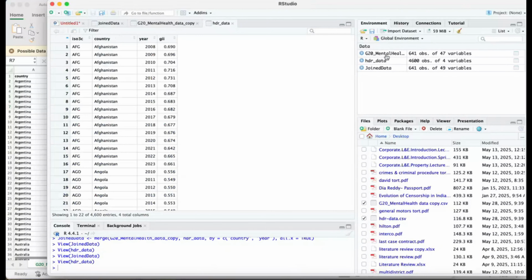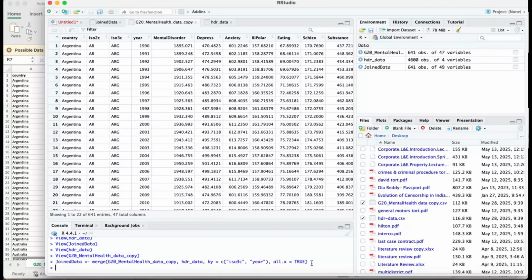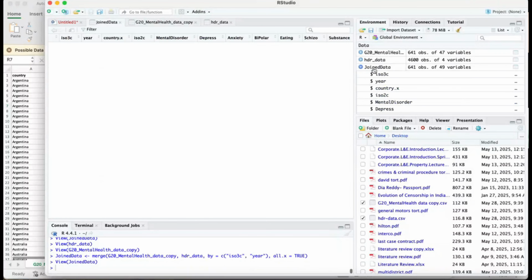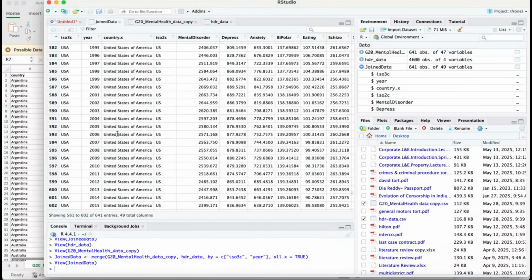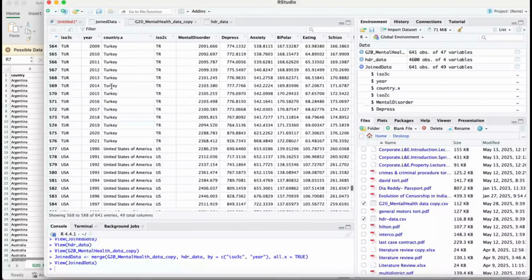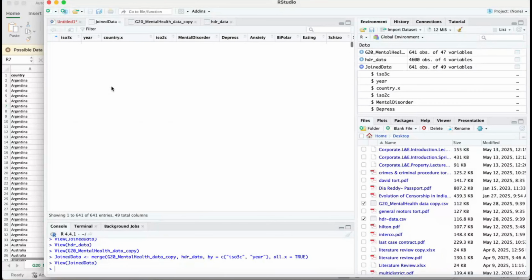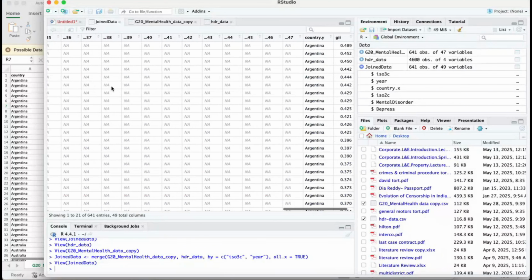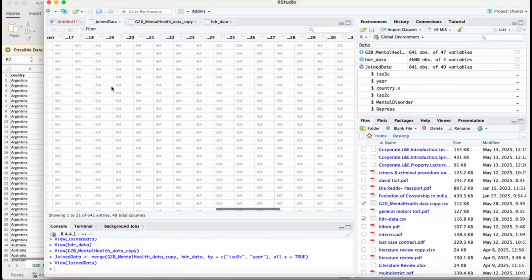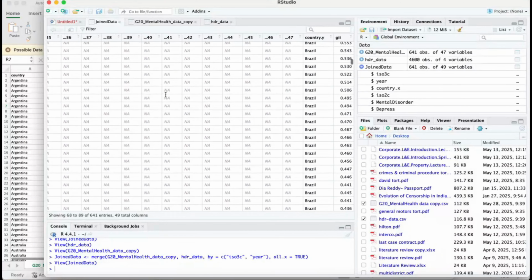So what you do is, in your code where you wrote country, just make it ISO 3C. Now if you see, did you do it? Yeah. Now you'll have the data for US and Turkey as well. USA, right? Okay. So this is how you join data sets, and you should have your standard form in which you use the country names, and so this will give you a merged data set.